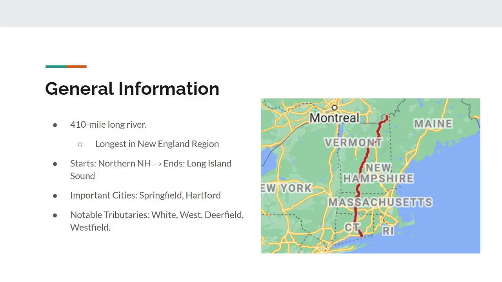So the Connecticut River is a 410-mile long river in the New England region, and it's arguably one of the most important rivers in this region, if not the most important. This river starts in a little pond in northern New Hampshire along the Canada-New Hampshire border and empties into the Long Island Sound. Along the way, some very important cities include Springfield, Massachusetts, and Hartford, Connecticut. And some notable tributaries of the Connecticut River include the White River, the West River, the Deerfield River, and the